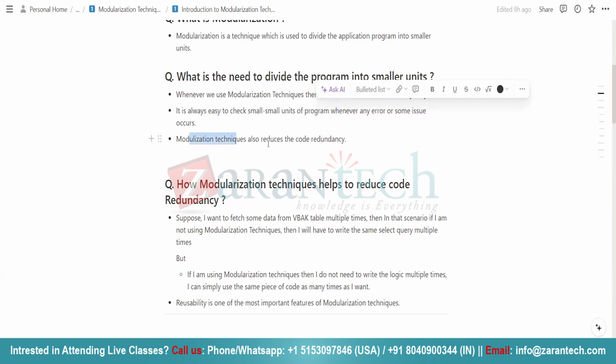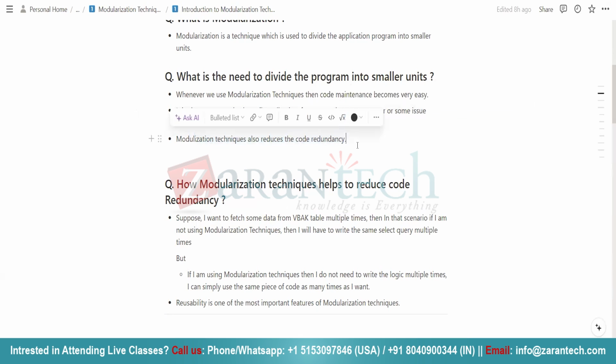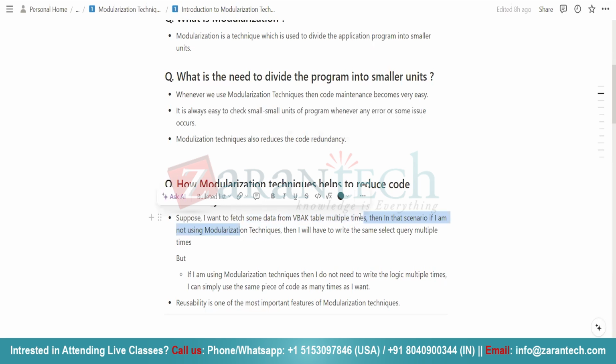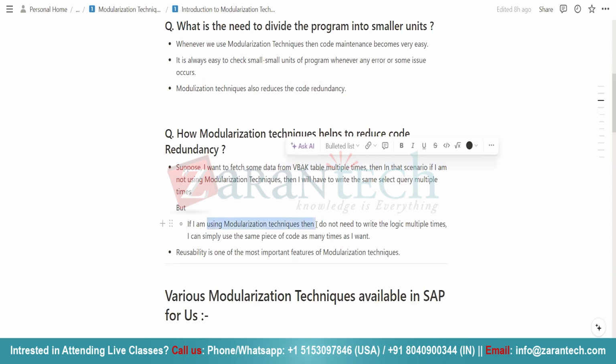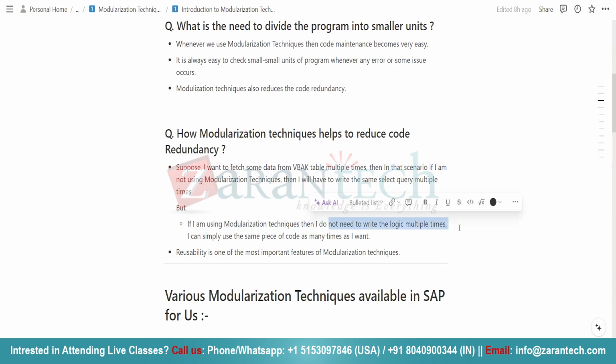Also, the modularization technique reduces the code redundancy. Now, what is the meaning of code redundancy? For explaining this concept, I am taking an example. Suppose I want to fetch some data from the VBAK table multiple times. In that scenario, if I am not using the modularization technique, then I will have to write the same select query multiple times, because I want to fetch data multiple times. But if I am using the modularization technique, then I do not need to write the logic multiple times. I can simply use that modularization